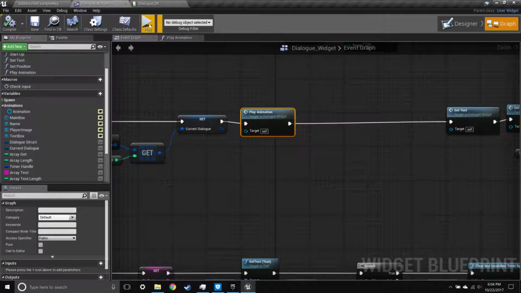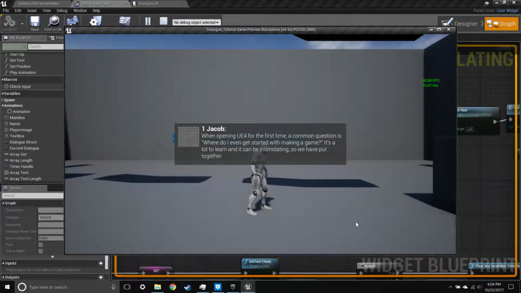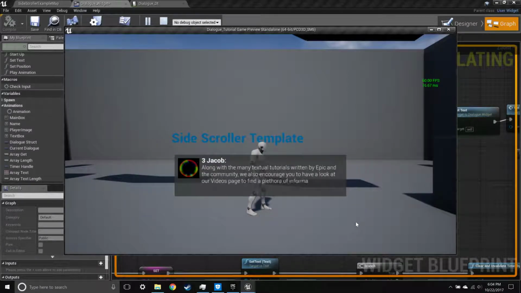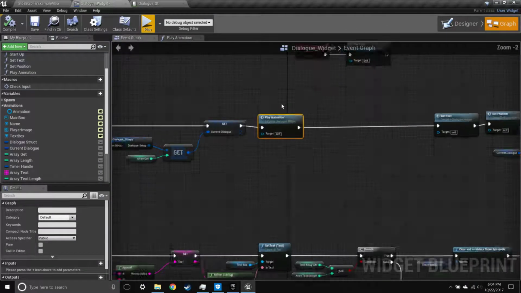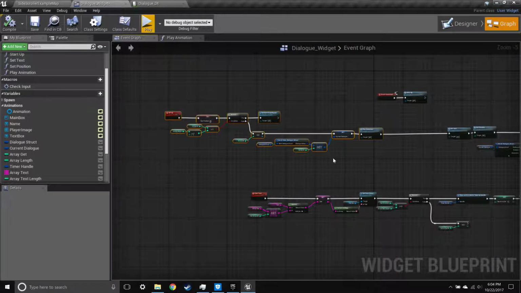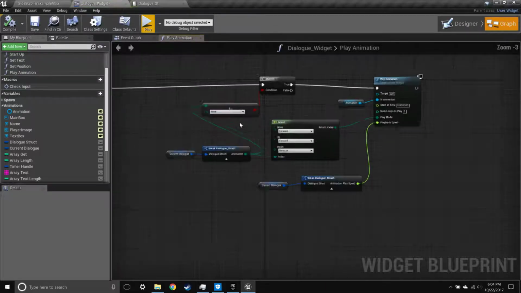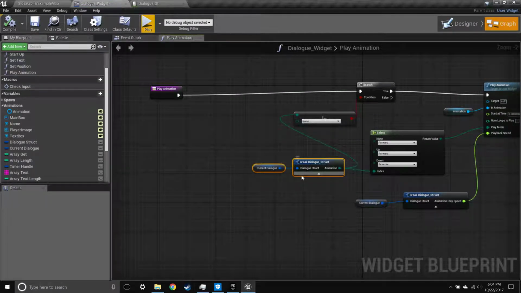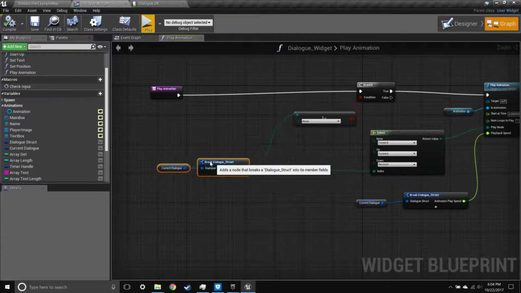So we'll just center that out and hope it works. And whoops, that's not good. Oh, okay, yeah, now I remember. There's another problem, is that when we play animation, if it's the last one, then we don't want to play